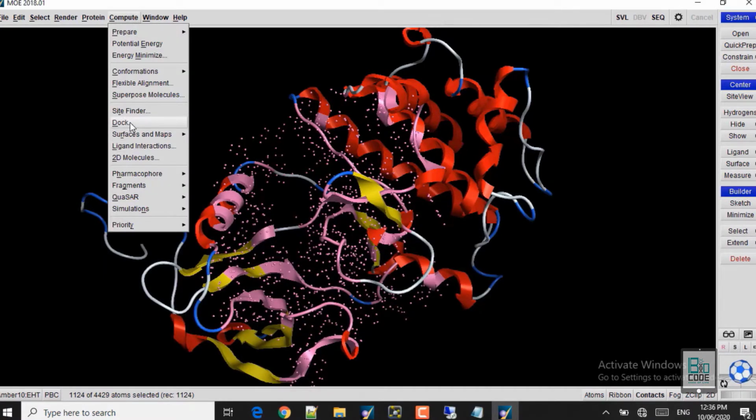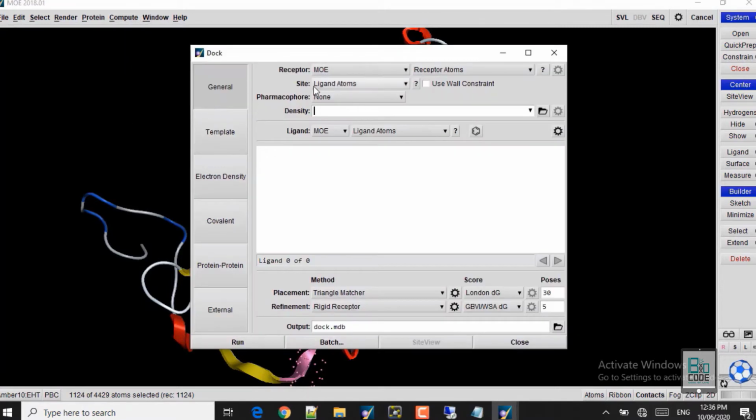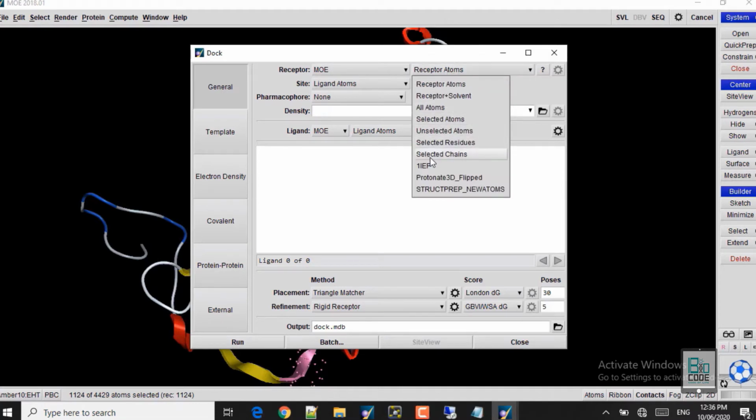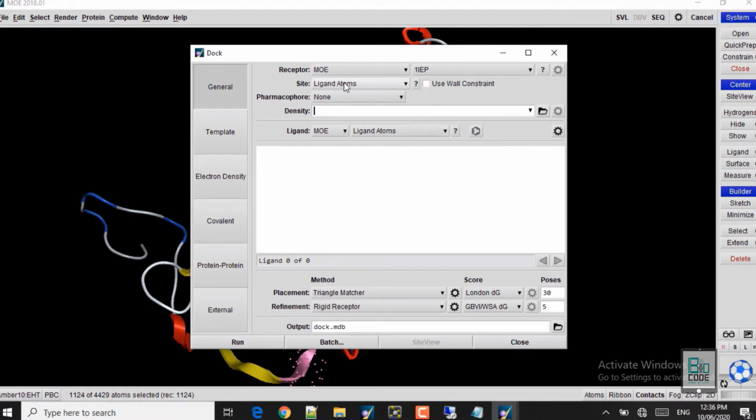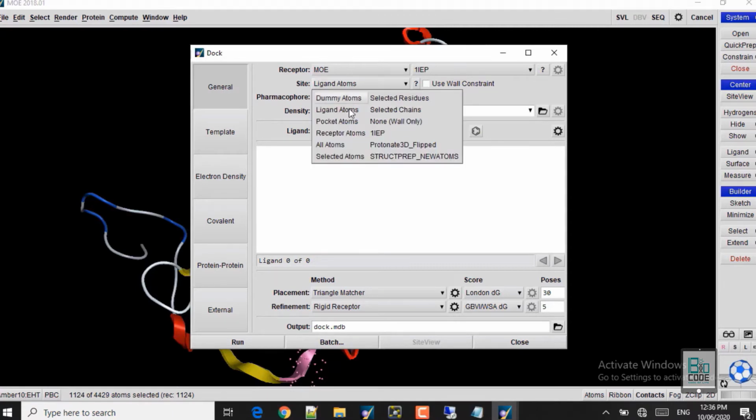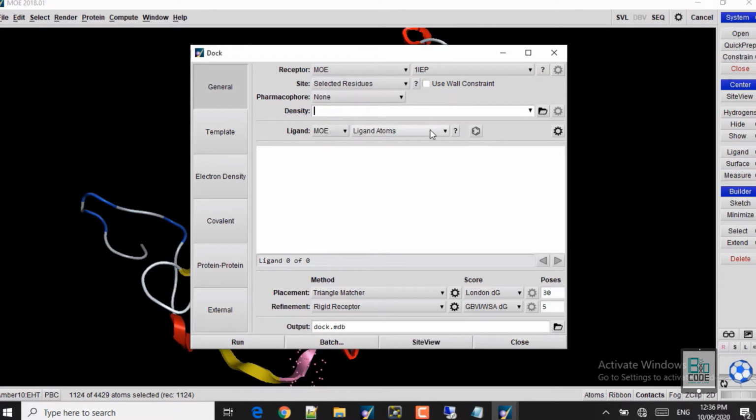In Compute you will find the dock option. In dock, here you can see the receptor, whether it's in MOE format or a PDB file. So leave that as MOE. For the receptor atoms, you have to select your receptor molecule. Our receptor is 1IEP, so I will click on that, and then the site. This refers to the active site residues. Here I will click the selected residues, as the active site residues predicted by the Site Finder function are selected. And in the ligand, I will click on